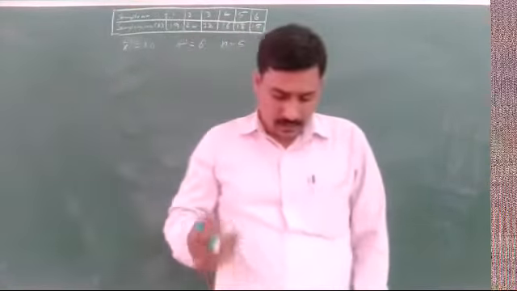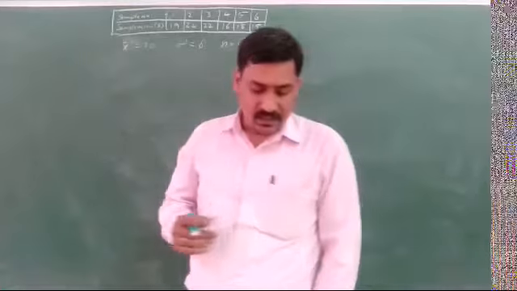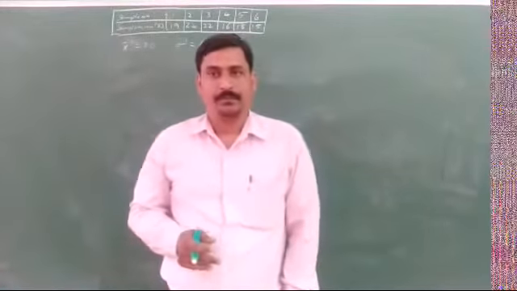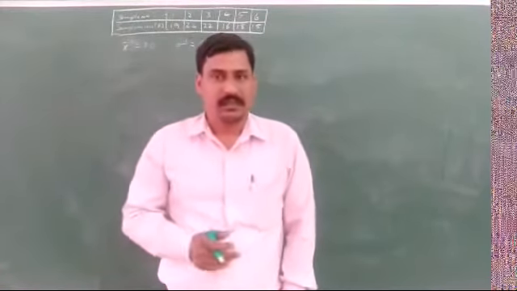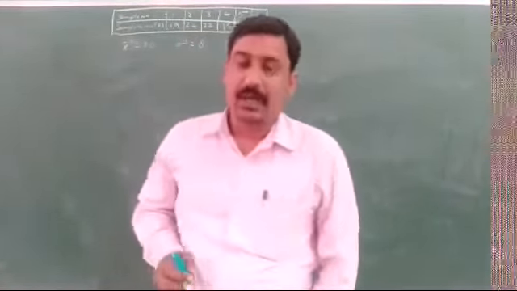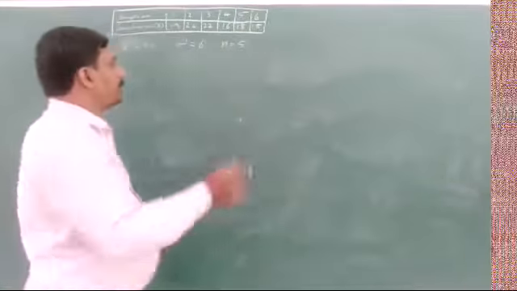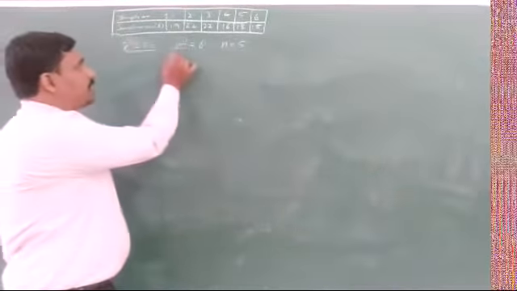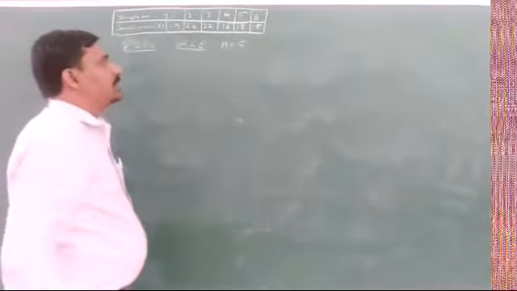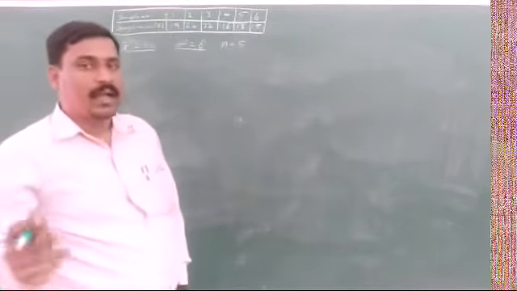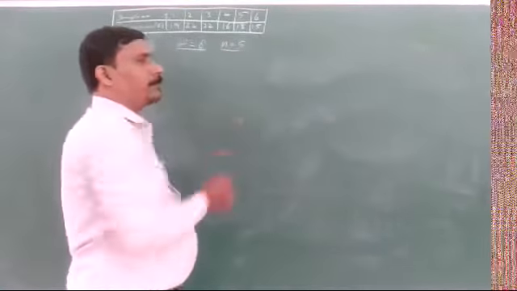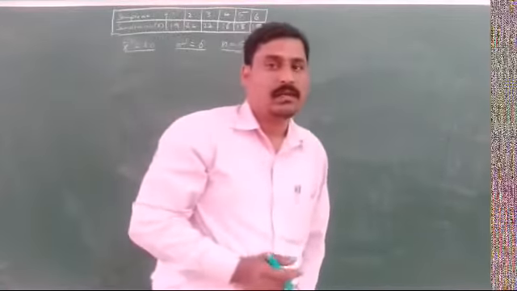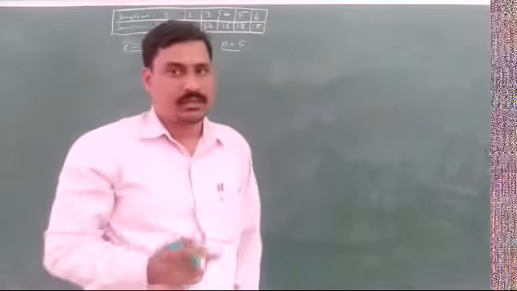So here I read the problem. If the standards are known, that means here standards are given. Standards are known to be X bar dash is equal to 20. Then standard deviation sigma dash is 6 and the sample size is 5. And here standards are given, which means the A value we should find for sample size 5.